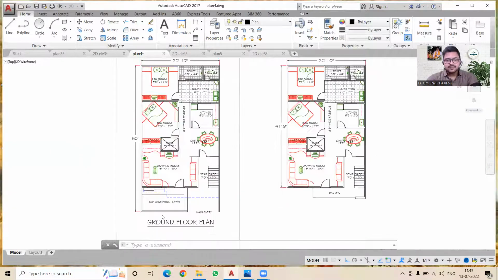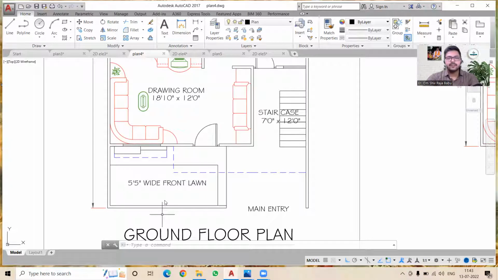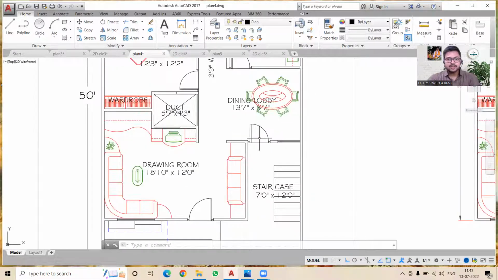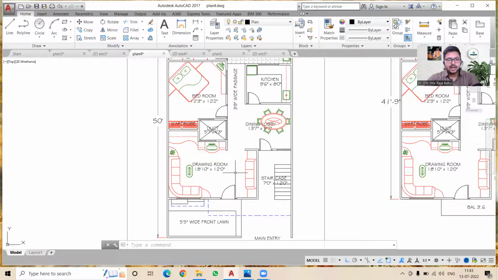And you can see it is starting with a 5 feet 5 inches wide front lawn, so it will definitely give you a good feeling in the house, because in the evening or in the morning you will have ample space for exercise or a walk. And then we have our main entrance, so you can see we have our decent entrance over here. And we have a staircase over here,